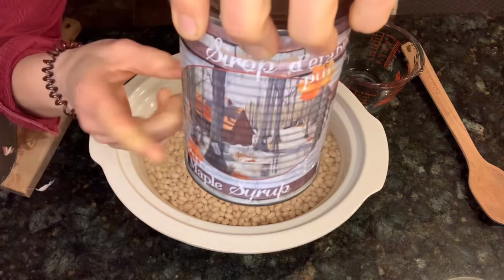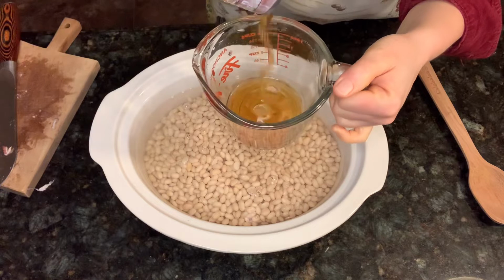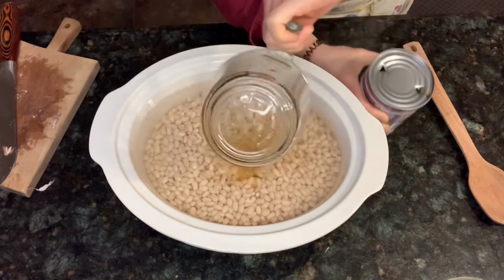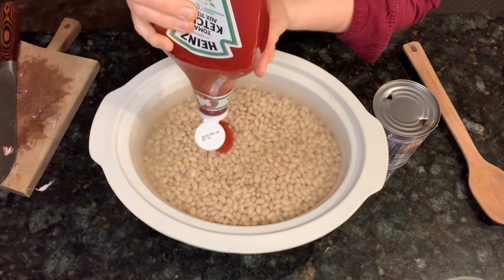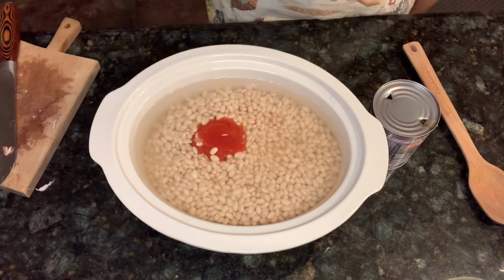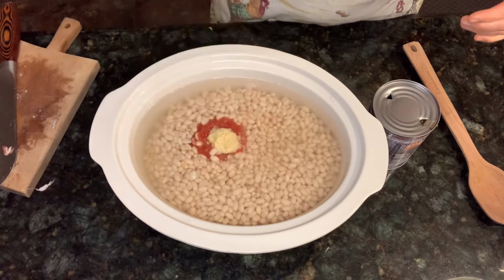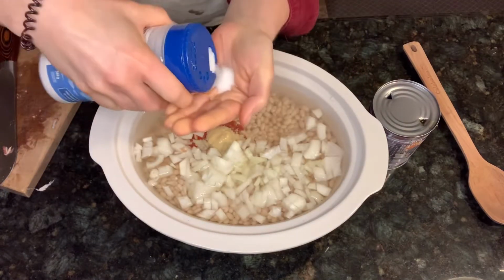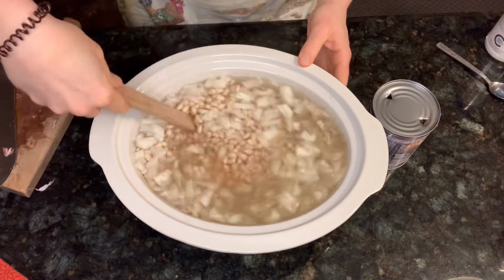and then 1 cup of maple syrup, fresh maple syrup, and then half a cup of ketchup. So I just guesstimated half a cup, and then a tablespoon of Dijon mustard, and then a chopped onion, actually two onions chopped, and a teaspoon of salt and half a teaspoon of pepper,